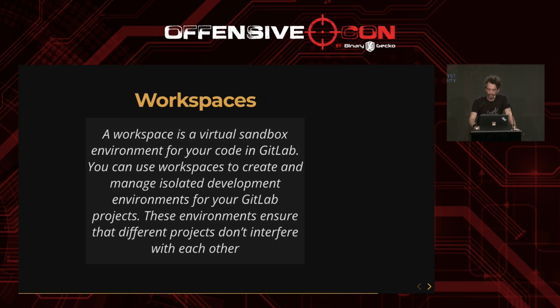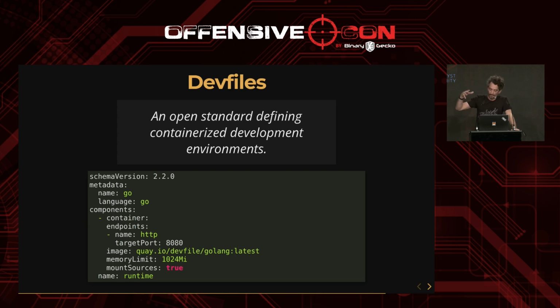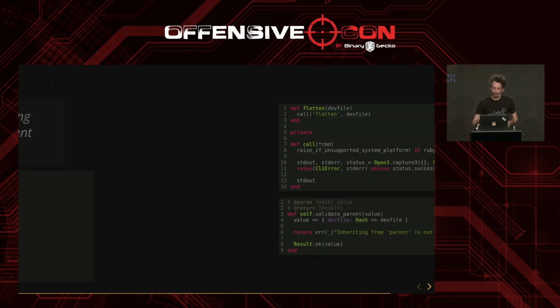And these workspaces are defined by dev files that are YAML. And they had one feature which was explicitly disallowed in our implementation for parsing those dev files, which is called parent. It's just the parent key which would define basically a base dev file you inherit from. You can pull it from various things like Git repos or dev file registries, and this parent pulling mechanism had this file write primitive, but